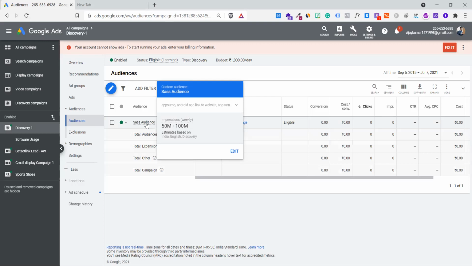So what is my type of thinking? Those who are searching for these terms, let me just click on this, like appsumo.com. I've just shown you one website called AppSumo. This is a marketplace. Do you think the people visiting appsumo.com specifically might already know what software is available in the market and how to use it?